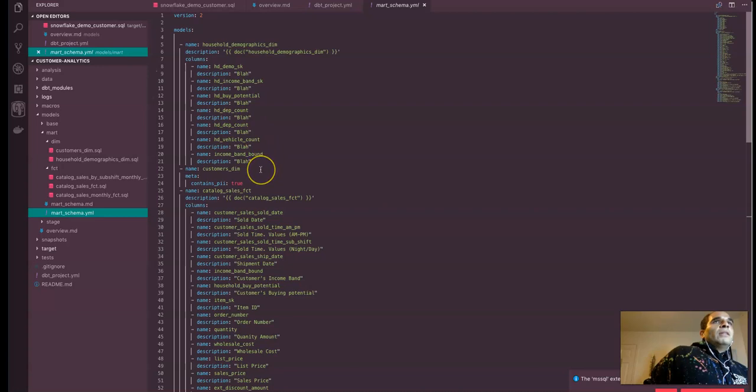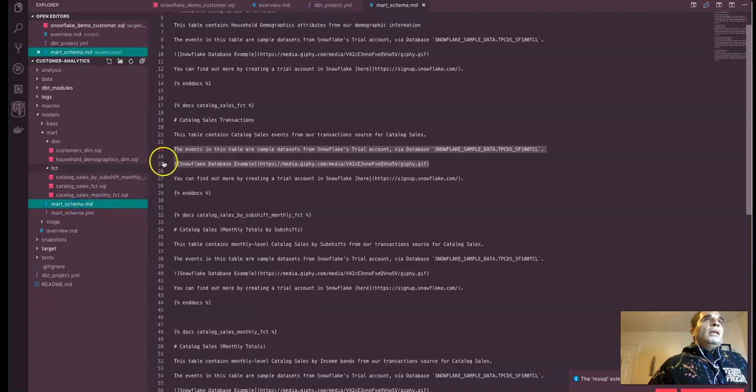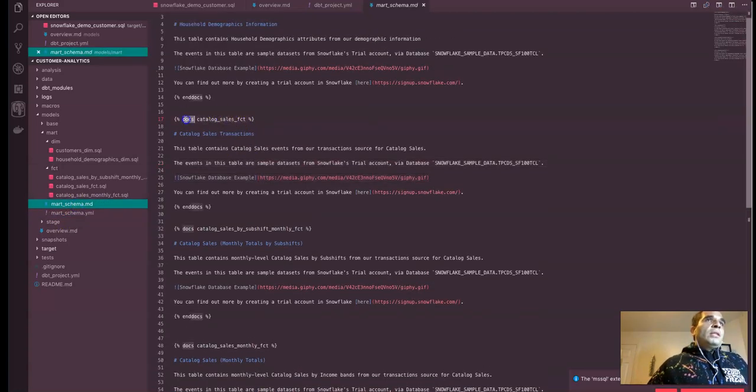We have the particular tables right here, mentioned as names with these particular indentations, and the descriptions of these tables as well, wrapped in a particular name under a doc statement. And this reference comes from the respective markdown file that's in this directory of the YAML file. See right here, we have the docs